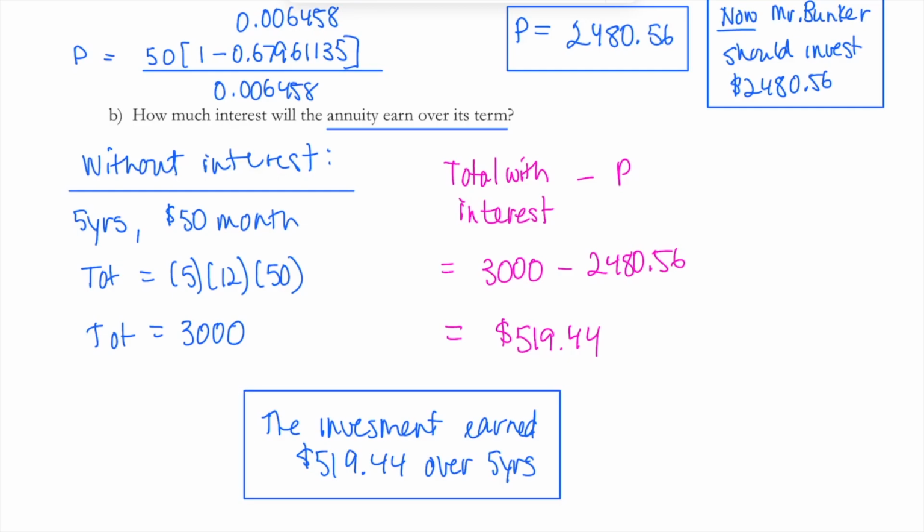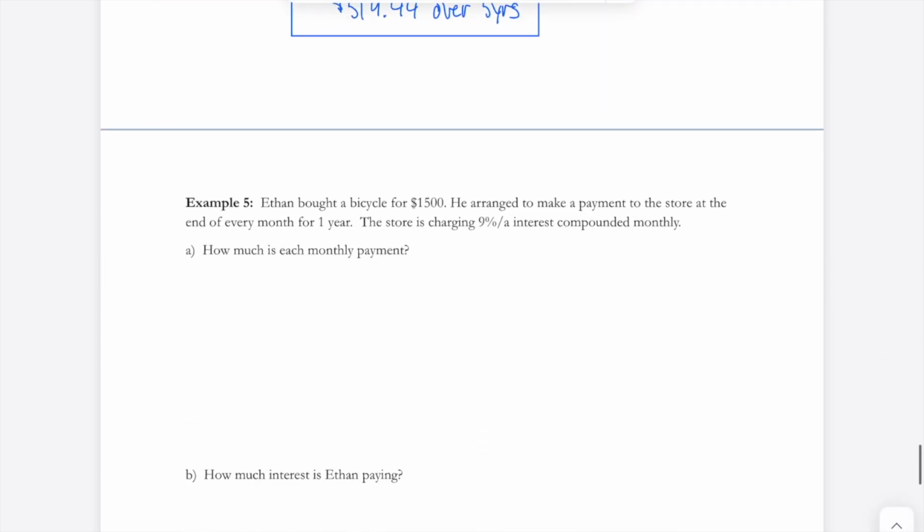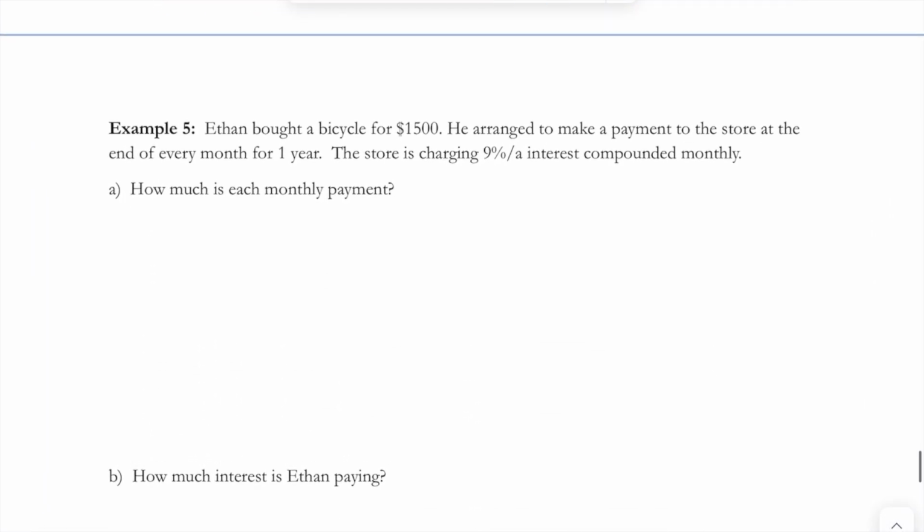All right, let's do the next one. Ethan bought a bicycle for $1,500. He arranged to make a payment to the store at the end of every month for 1 year. The store is charging 9% interest, 9% per year interest, compounded monthly. Okay, so how much is